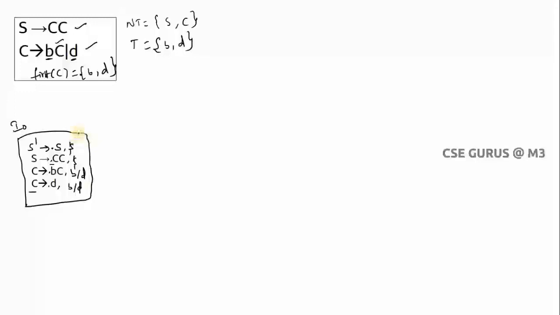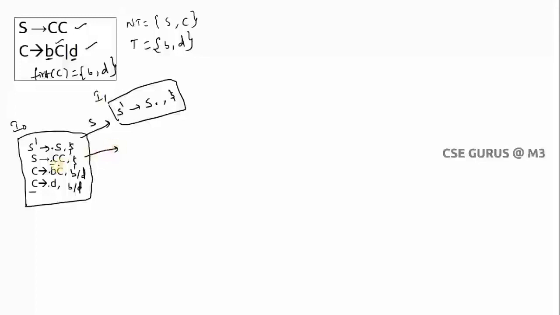Similar to SLR, you have to scan each symbol. How to scan? You have to check it out here. The first symbol to be scanned, what is that? Dot S. So I'll scan S. If I scan that, S dash tends to S dot. Then the look ahead as it is, you need to write. What is there after that? Nothing. So that's why no need to describe further. Is there any dot S production? No. So that's it. I call this I1.